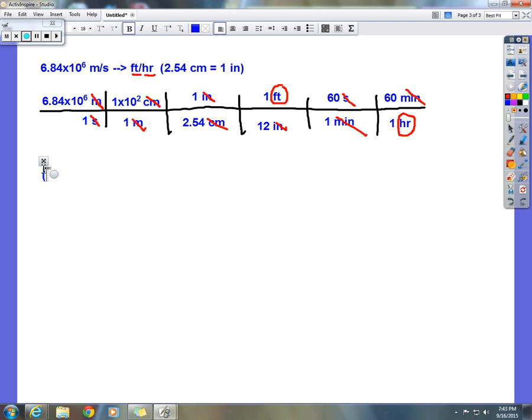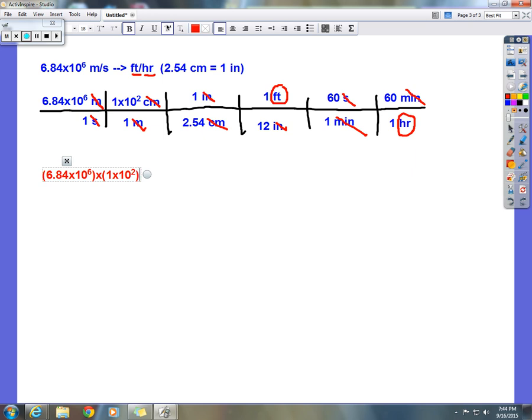So in your calculator, you're going to type parentheses 6.84, and that times 10 to the n, and in that flashing box, you're going to put 6, and then arrow right with your gray oval, close parentheses, and then I'm going to times it by, so times parentheses, because I've got 1 times 10 to the 2 on top, so times parentheses 1 times 10 to the n, and this time it's going to be a 2,